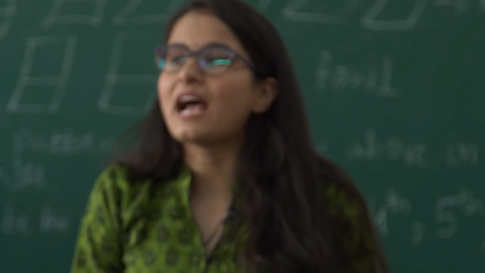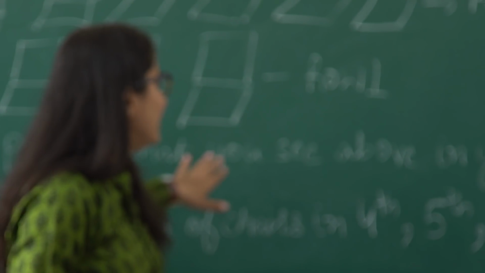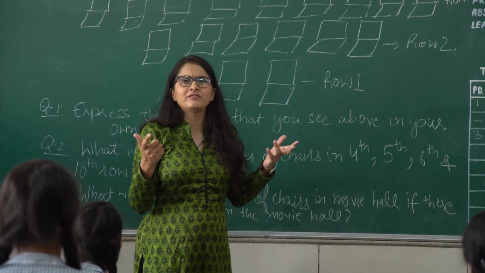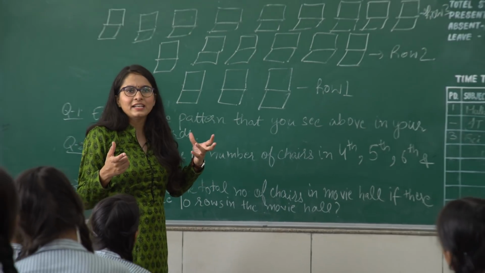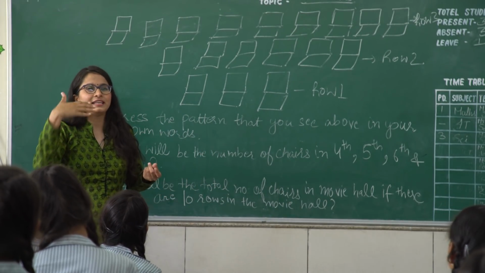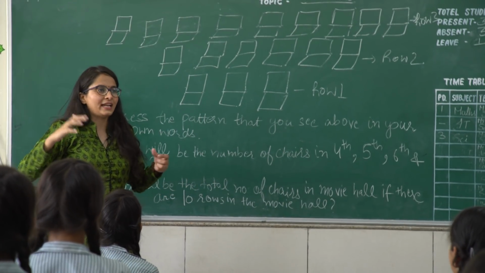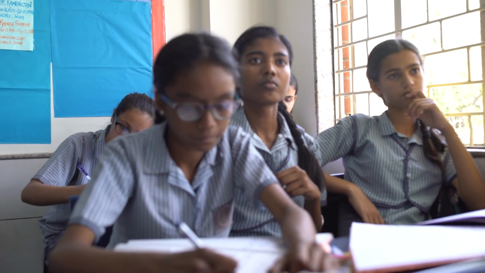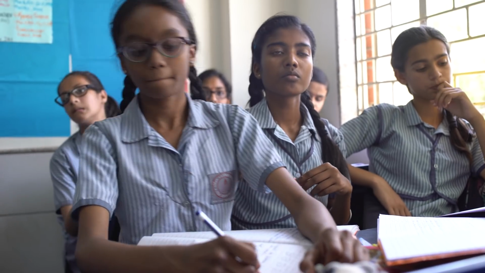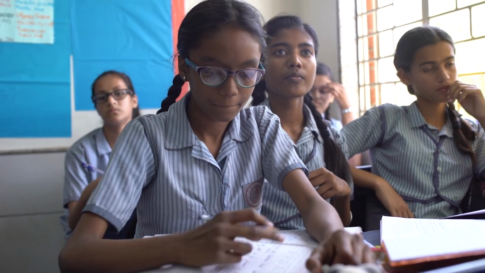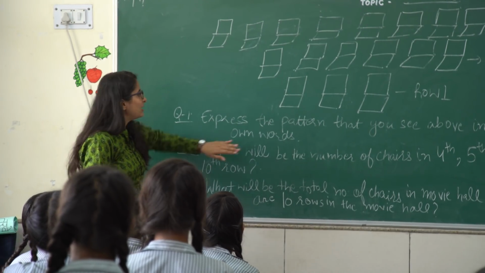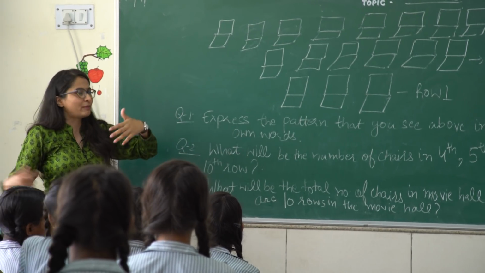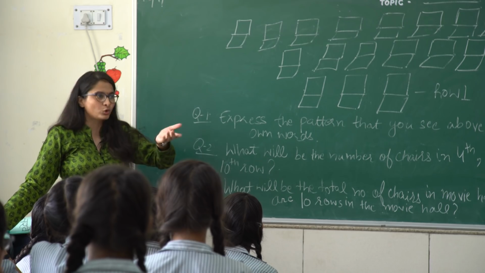So some of you were having difficulty in question number 1. By express, I mean, all of you have done word problems, linear equations, right? So every time I have to say something, I express it in English language. For example, my age is double the age of my brother. So that is an expression in English of a mathematical thing. Similarly, you have to express it this way. If my brother's age is x, my age will be 2x.